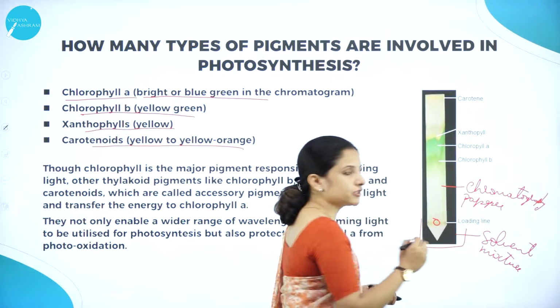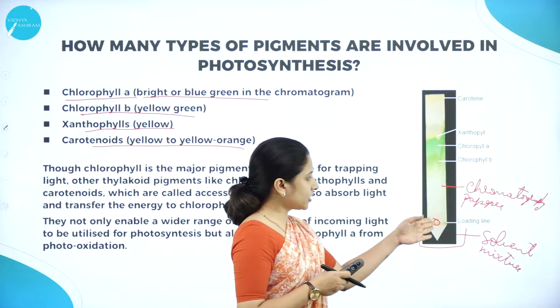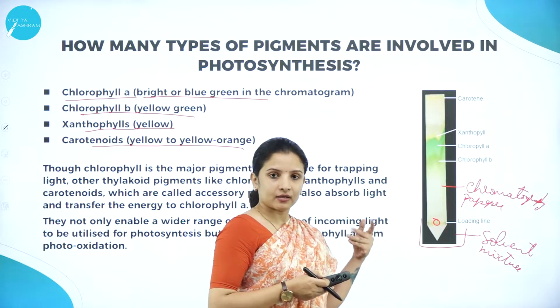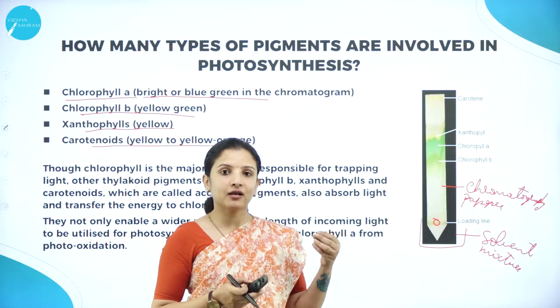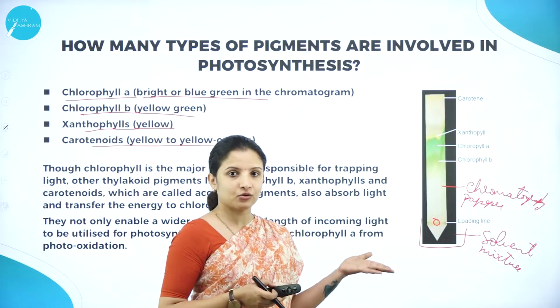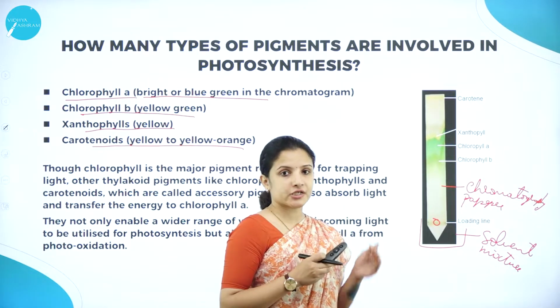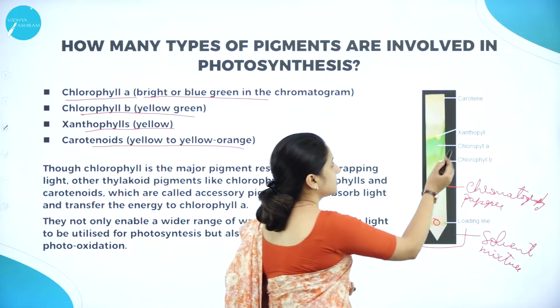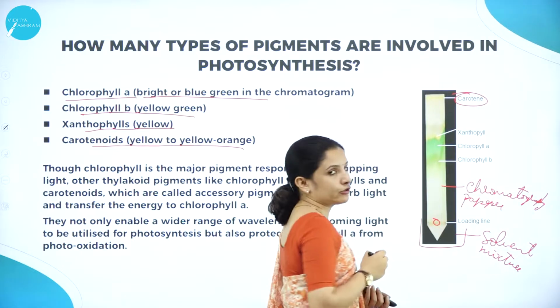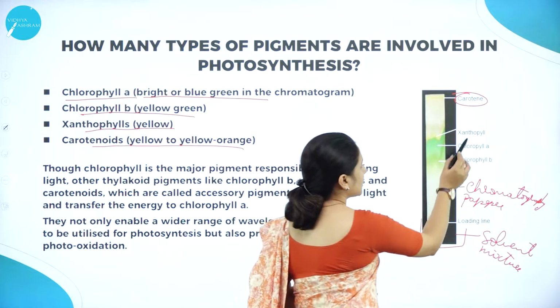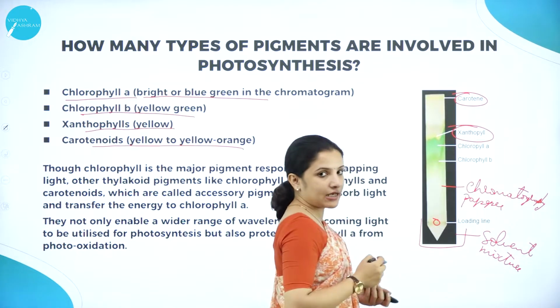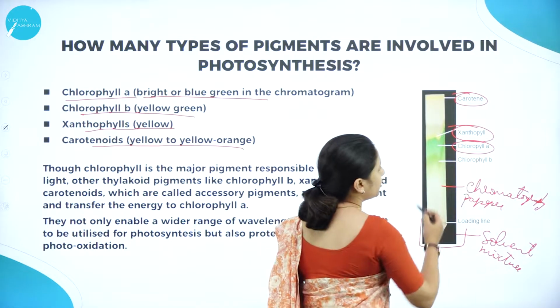After a few minutes, if you notice, when you loaded the color, it was green. But could you imagine that the green color could split into different colors? No, right? But after some time when you come and see the paper, you can see different shades of green there. For example, you can see a yellowish orange color which is carotene, then a completely yellow color which is xanthophyll. Then we can see the bluish green color.